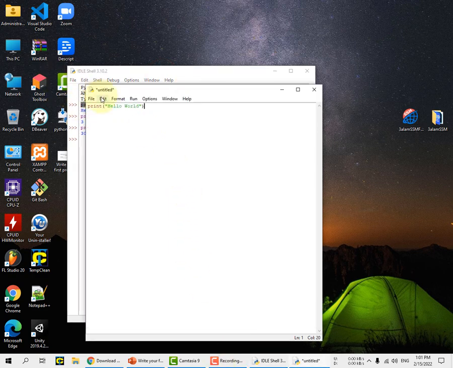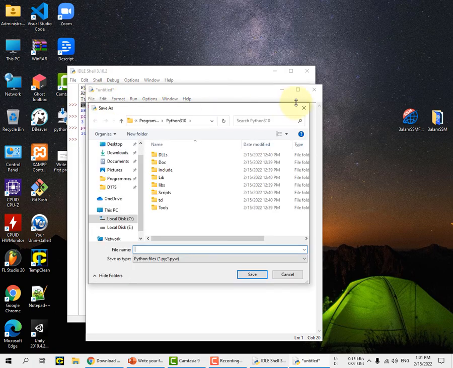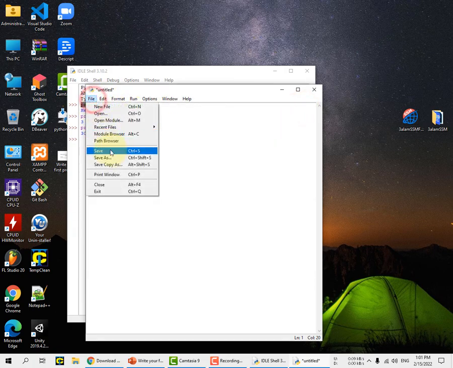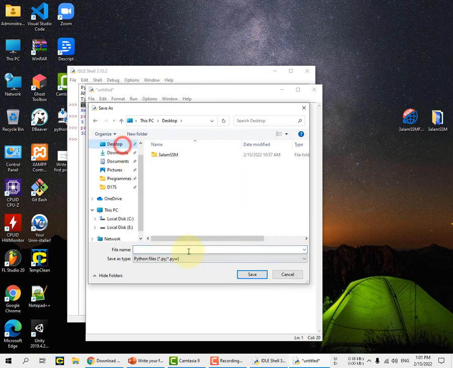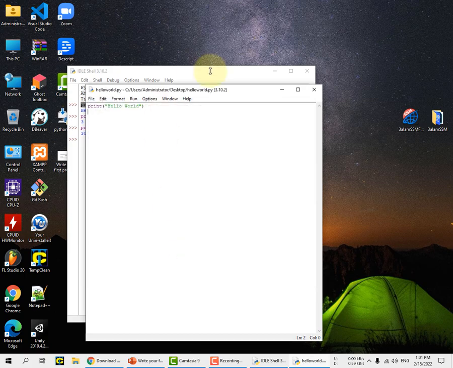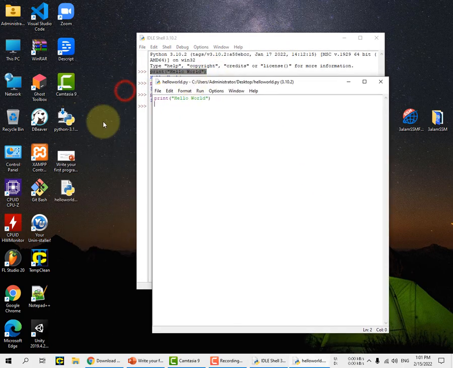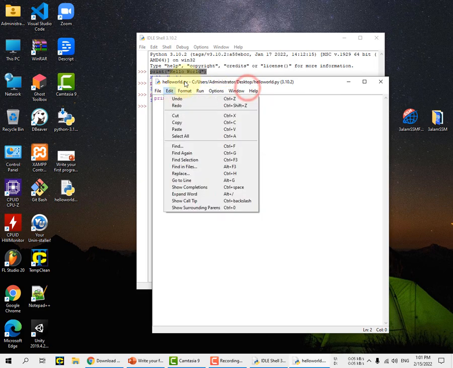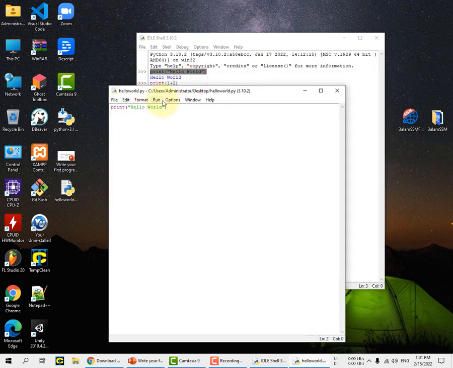We hit control S to save, or actually you can use file save. We will name it hello world, then we will save. As you can see, it's saved here with the extension .py, which is the extension of our Python files or Python code files.